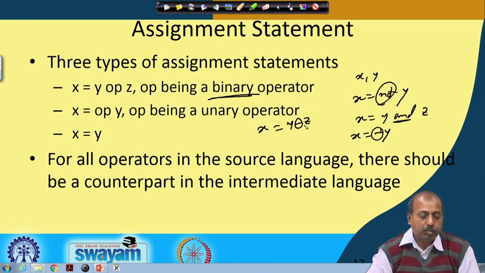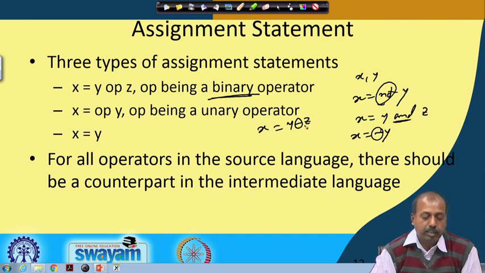And the third type of assignment is x equal to y. So, there is no operation; the value of y is assigned to x. For all operators in the source language, there should be a counterpart in the intermediate language. That is a must, because otherwise you will not be able to have easy code generation into intermediate code.